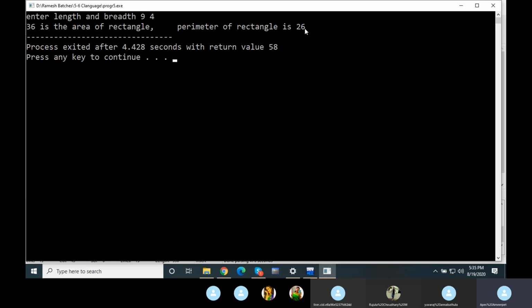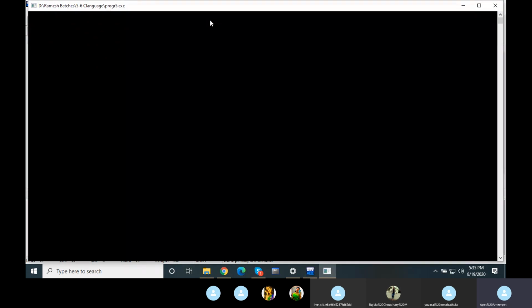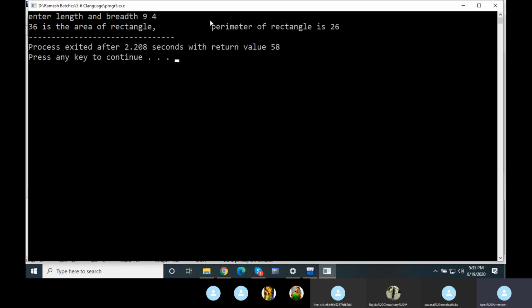So when you want the cursor to move a little more space in the same line, then you will use \t. You can use it multiple times also, \t. 2 tabs you are taking. You are asking it to move 2 tab positions forward. 9 and 4 if I am giving. So can you see this? More space. Not just this much, but it is taking more gap. This is tab spaces.